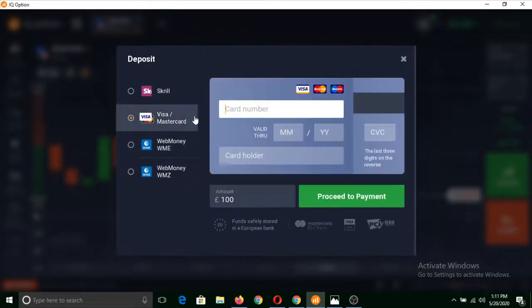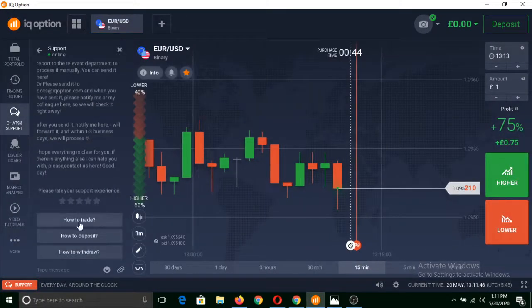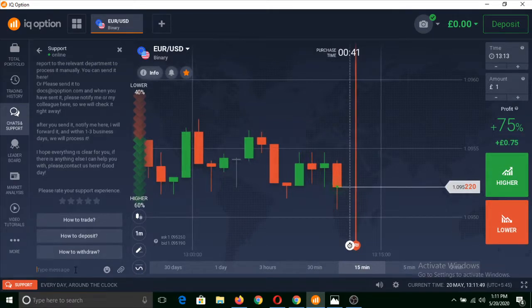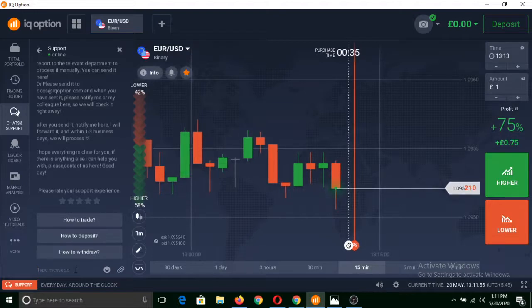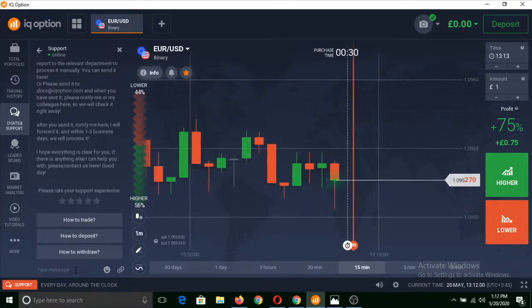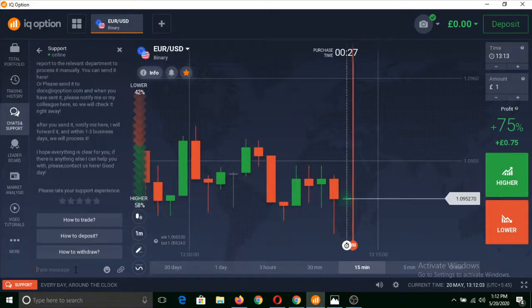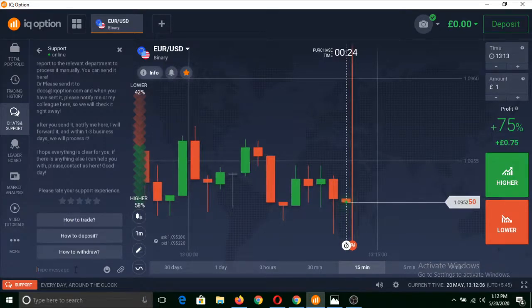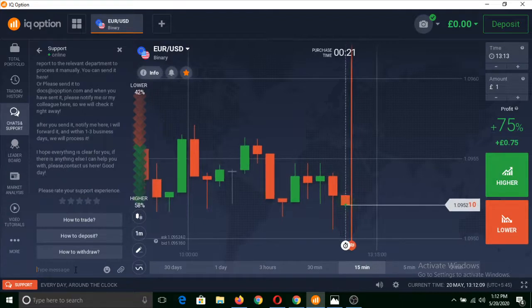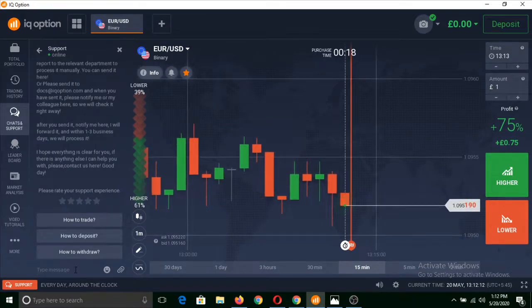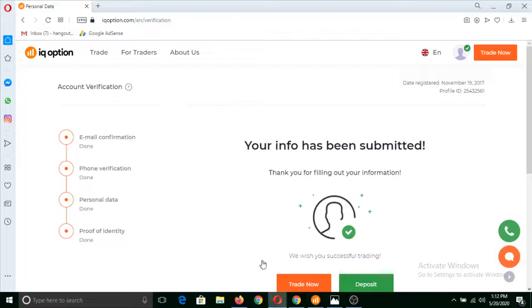If you have any doubt regarding depositing and withdrawing from card, WebMoney, Skrill, or any other payment method, you can simply go to chat and support and tell them, "I have deposited from this kind of card, I have deposited from Skrill, I have deposited from WebMoney. Do I need to verify something to not face any problem while withdrawing my fund, my profit?" You can ask them, and they will reply within 60 seconds with the proper answer, and you will be able to figure out whether you can easily withdraw, or if there are some other steps that you need to follow. However, after verifying this much, you will not face any problem while depositing and withdrawing funds.